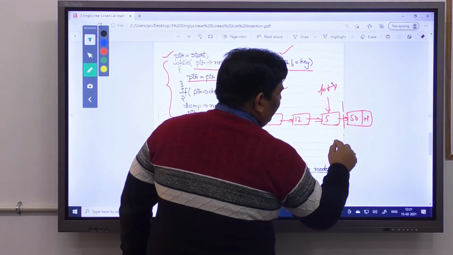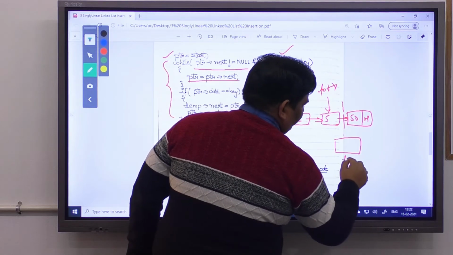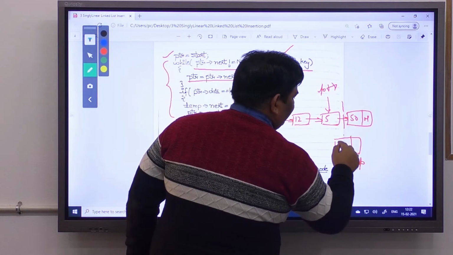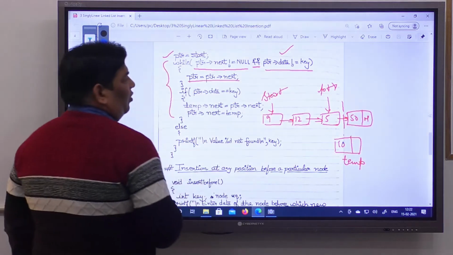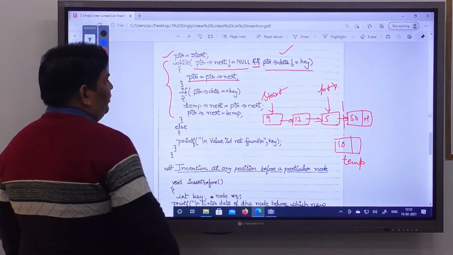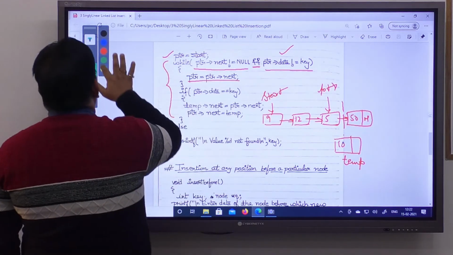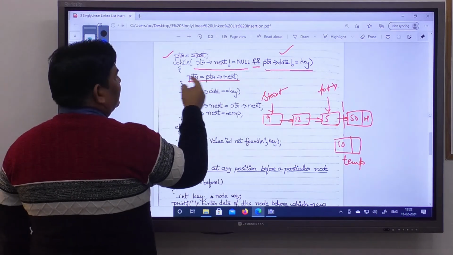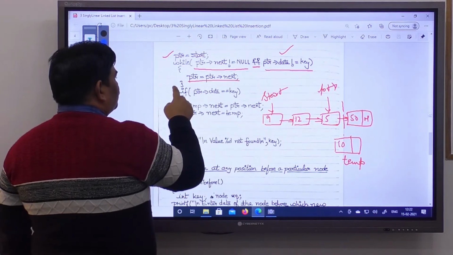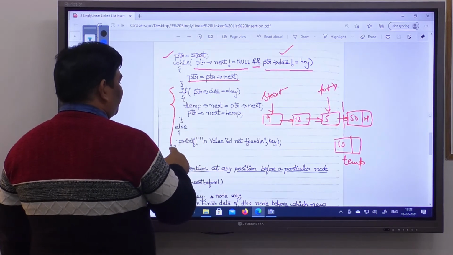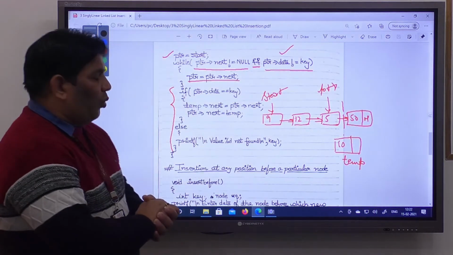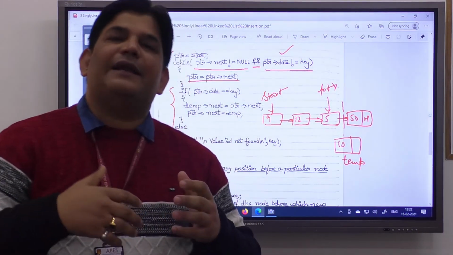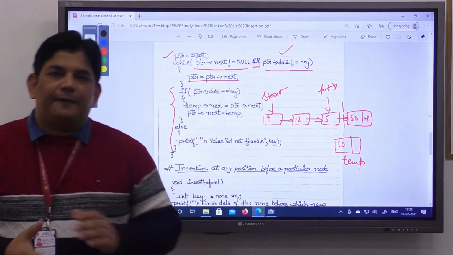Now you are creating a new node which is named temp. You have already taken some data here from the user, and now the PTR is at the desired position. After this while loop, you reach the condition that PTR is at 5. Now check that we have two conclusions: whether you are getting your data at the PTR position or not.